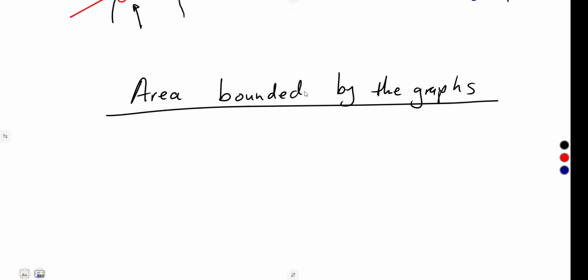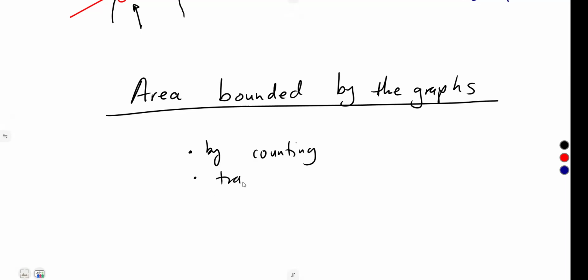That is why I'm indicating here the area bounded by the graphs. It's a region formed, right? From that region, there are ways that you can use, by counting squares to calculate that area, or you